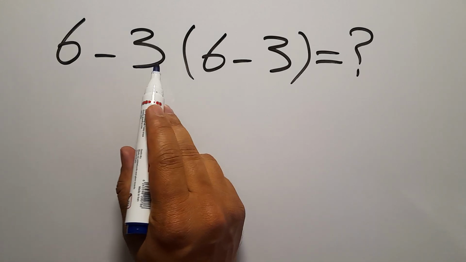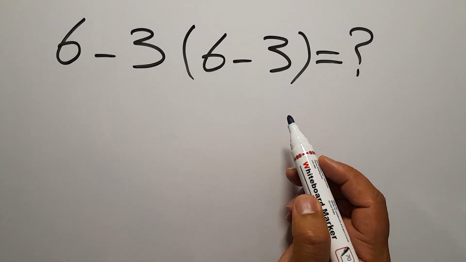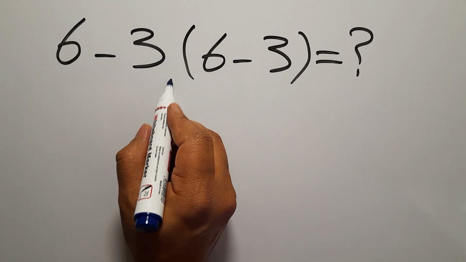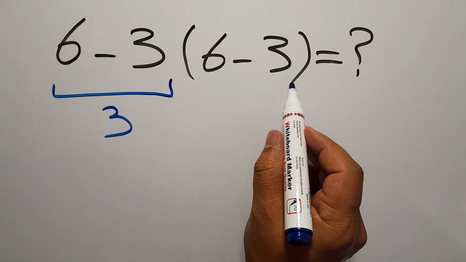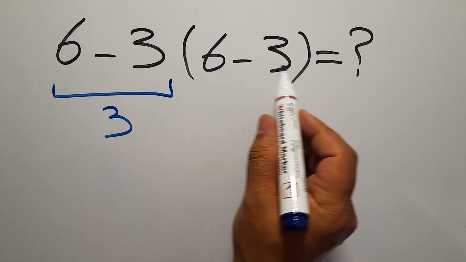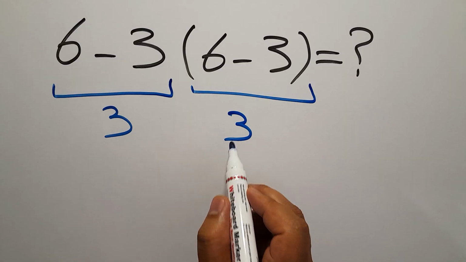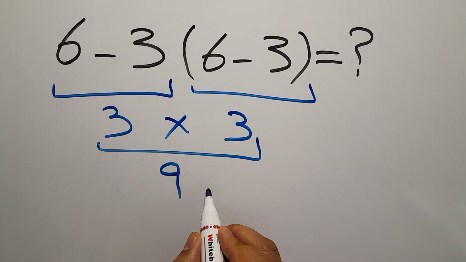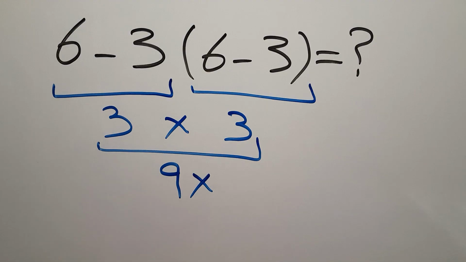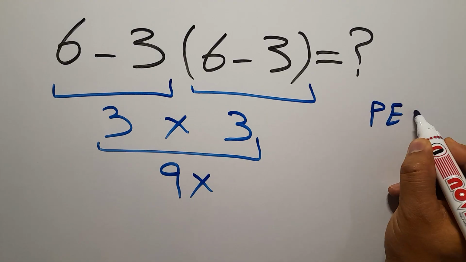6 minus 3, then times 6 minus 3. 6 minus 3 gives us 3. And here we have again 6 minus 3, which equals 3. So 3 times 3, and this is equal to 9. But this answer is not correct, because according to the order of operations, which is PEMDAS,